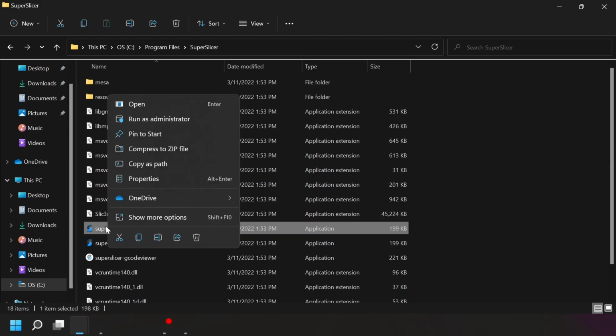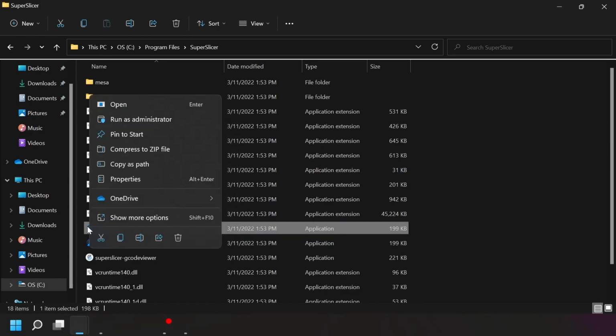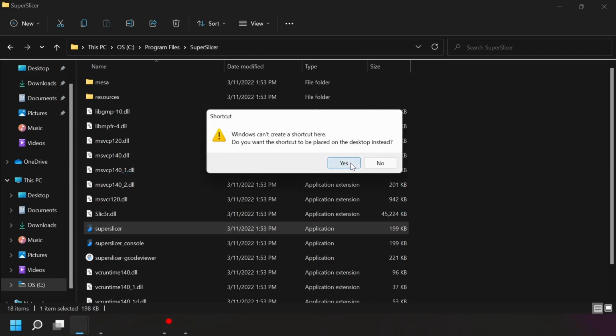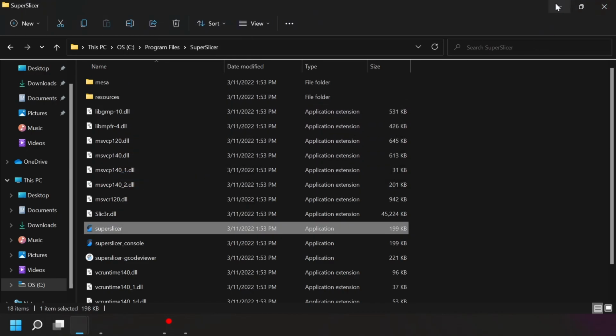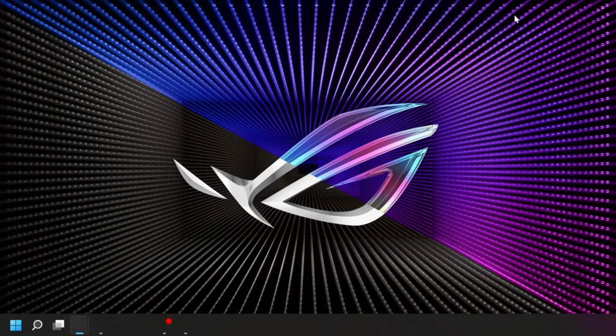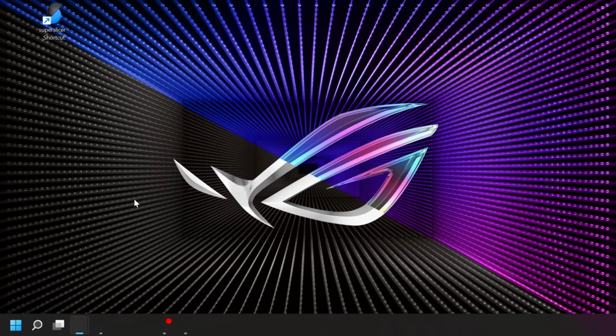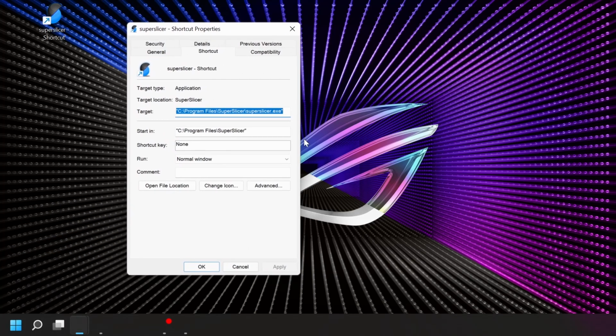Now take this and create a shortcut. Yes, place it on the desktop. Is a shortcut which we can take this target and use this